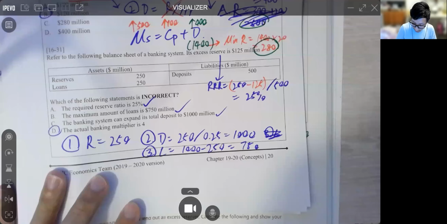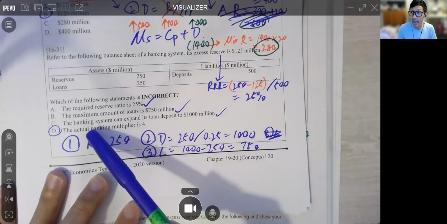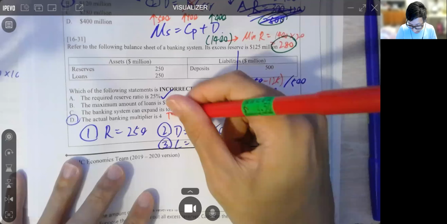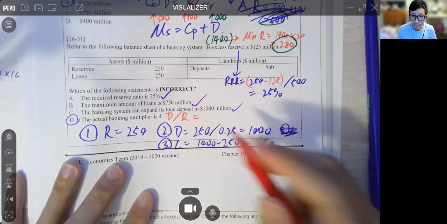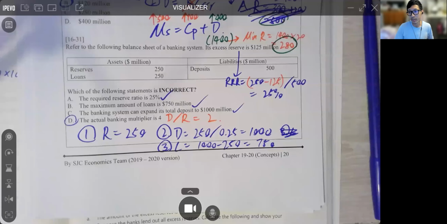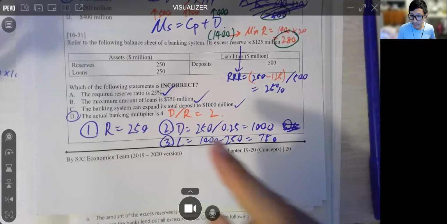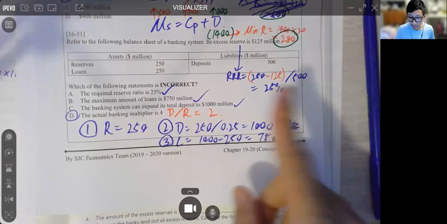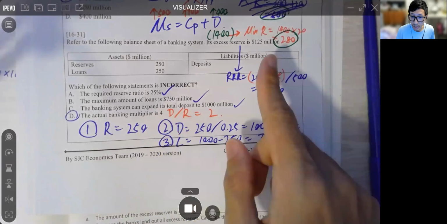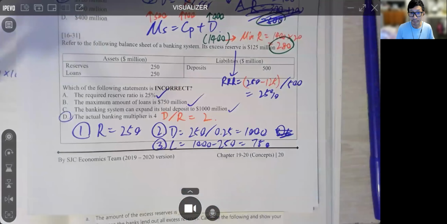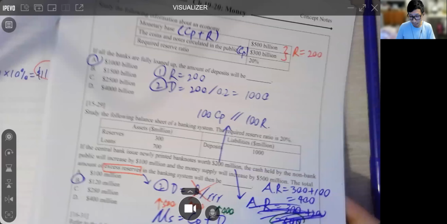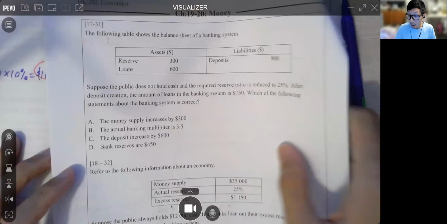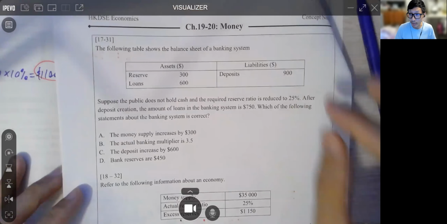Actual banking multiplier. 而家 actual banking multiplier 係幾多啊？Okay, now be careful. It's actual at this moment. Therefore, the actual deposit divided by actual reserve, which would be 2 only. 4 is the maximum banking multiplier, not actual. Maximum 咧就1 over RRR 就係4啦。Okay, but the actual is just 500 divided by 250. Okay, 得唔得？